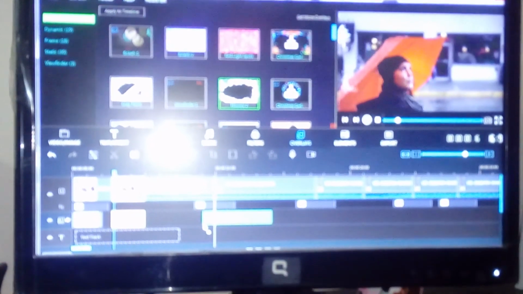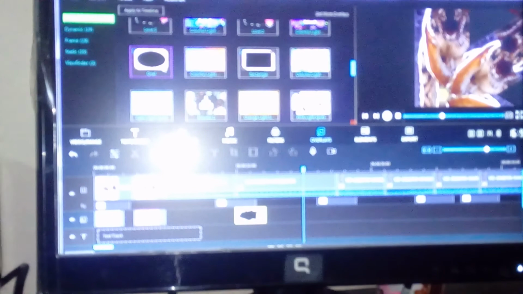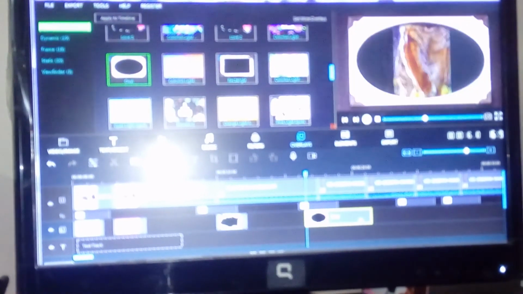Simply you have to only drag from the available overlay styles, you only have to click and drag from the available styles to the desired location.